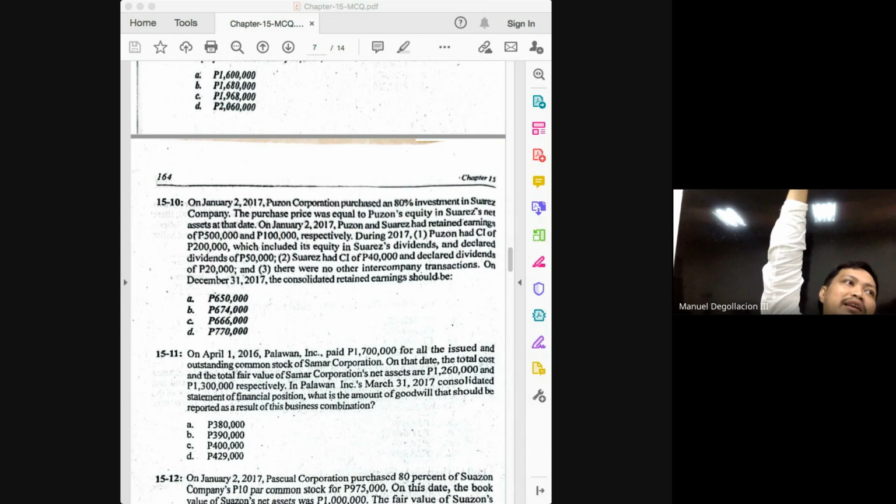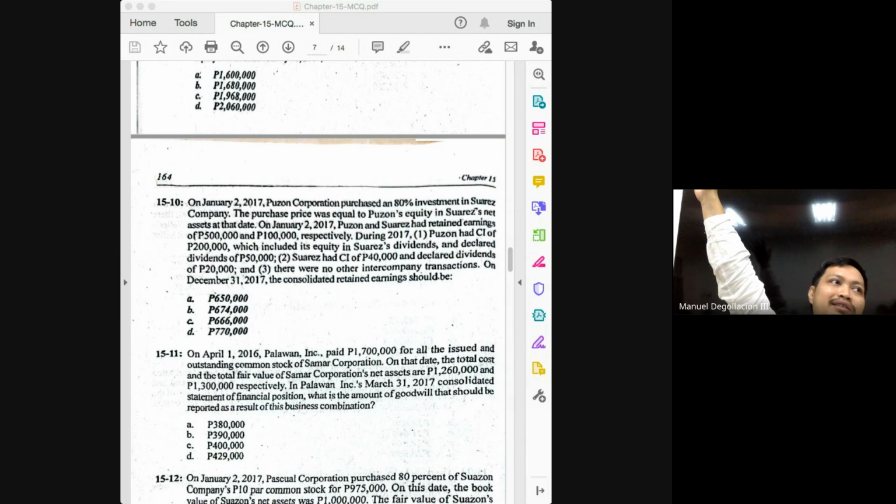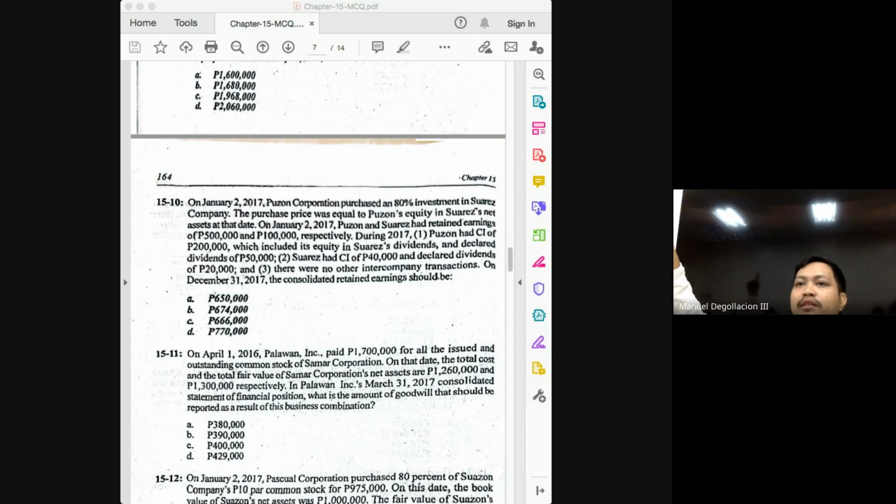Again, income of the subsidiary is 40. Dividends distributed by the subsidiary is 20. So the amount of income not yet distributed is also 20. And it is this 20 that we will be using, class. We are not going to be using the 20 representing the dividends declared. What we need is the undistributed earnings. Do you follow?